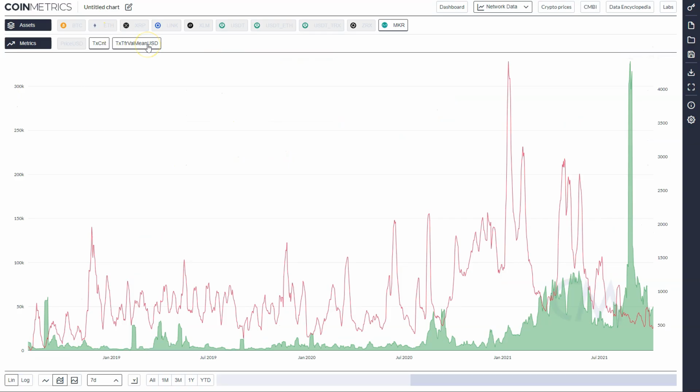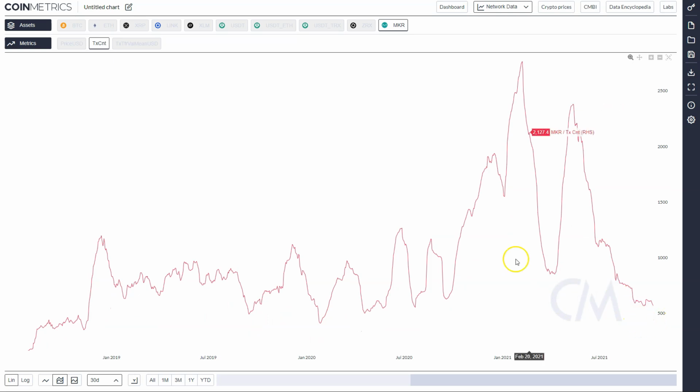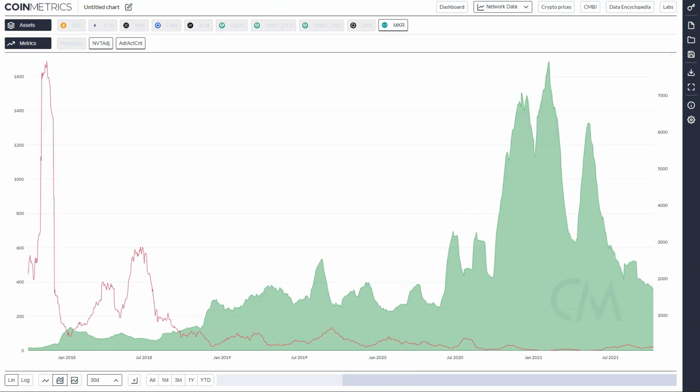If we look at the token itself, not a lot of everyday use. On-chain transaction counts, basically creeping to multi-year lows. It's hard to get bullish on the coin when you see this. Just really no activity on chain relative to what had been happening, and average transaction values rising substantially as transactions drop. A lot of this is because ETH fees have just been high for quite some time now relative to where they were pre-2021. So if you're bullish Maker, you want to see transaction counts on chain start to pick up.